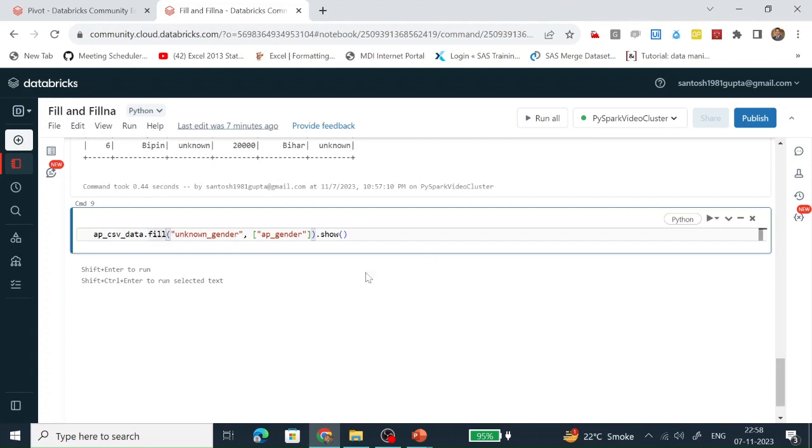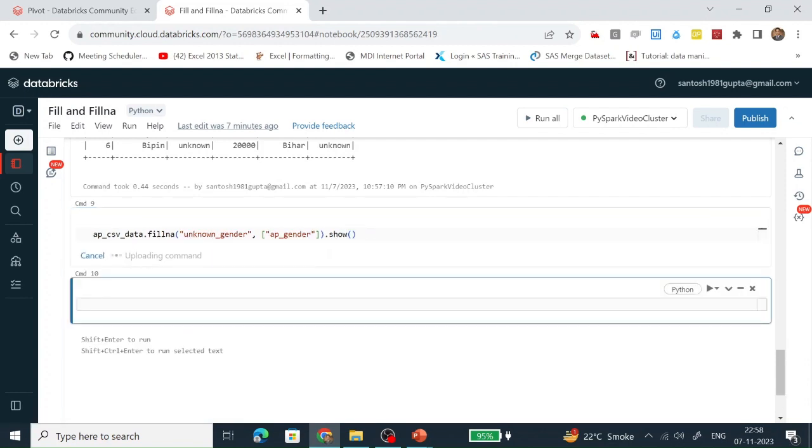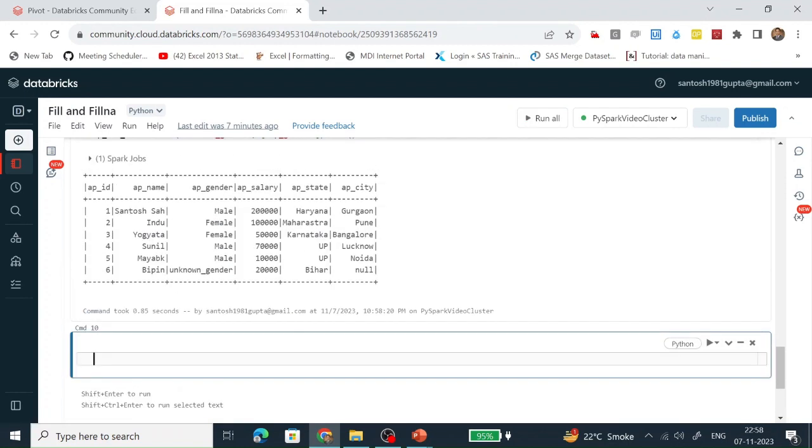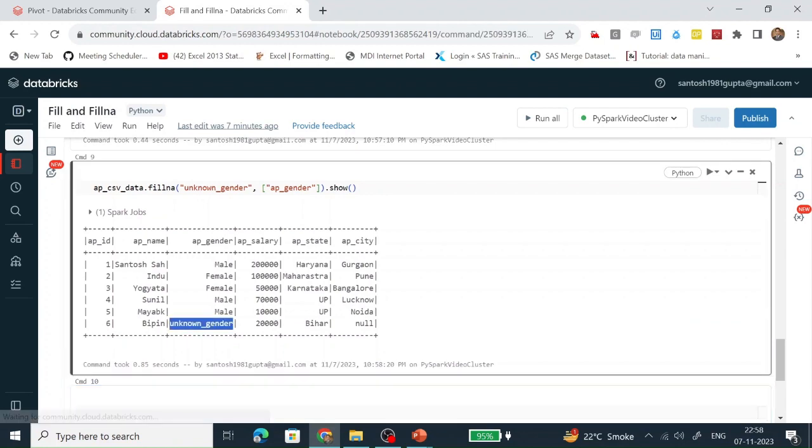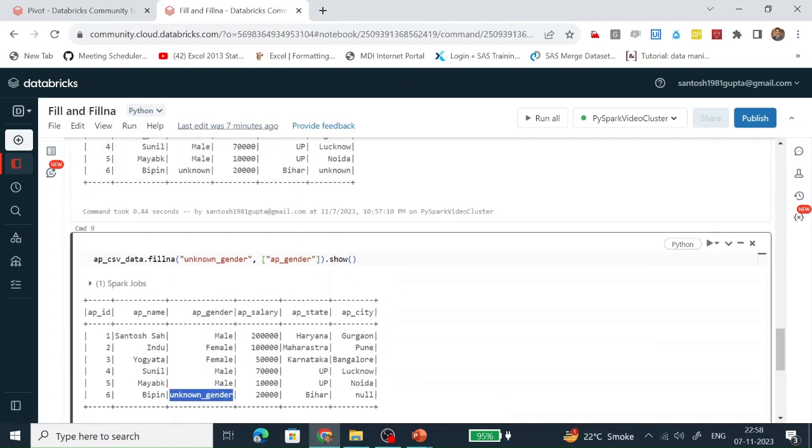It is a complete function. Here we are saying, in AP gender, if any null values are there, populate those null values with unknown gender. See, here it is populating with unknown gender because it has a null value.